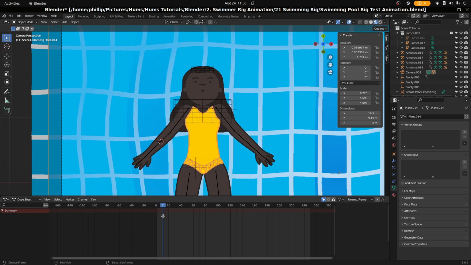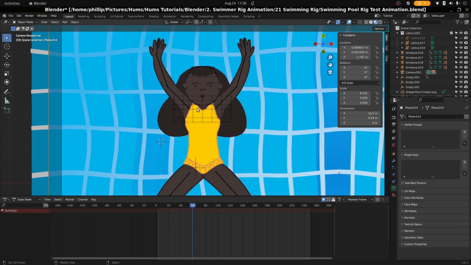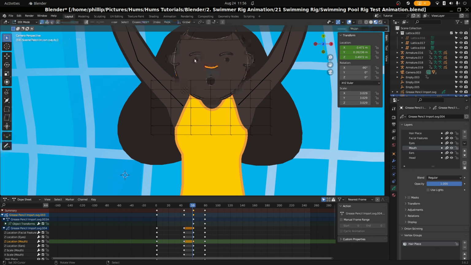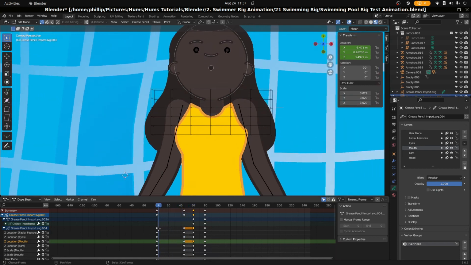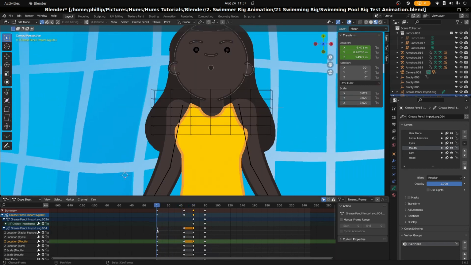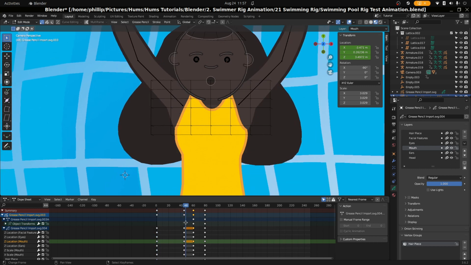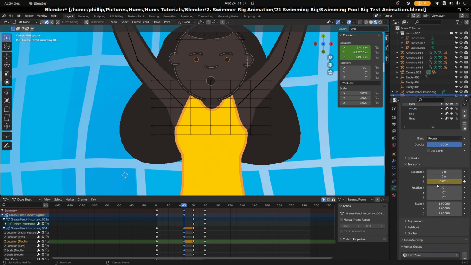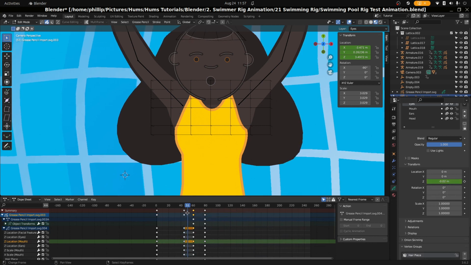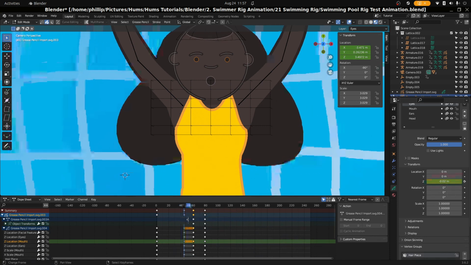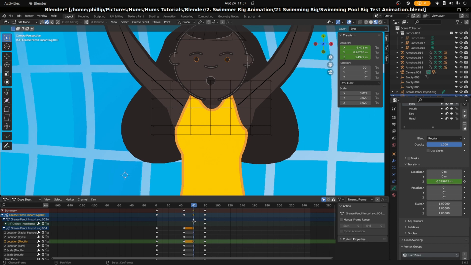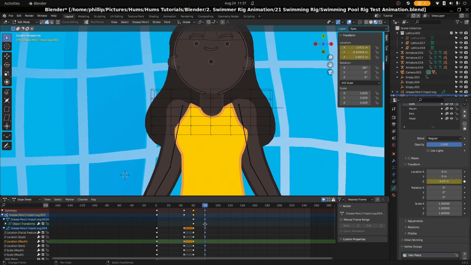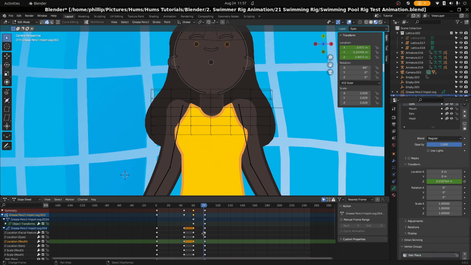Okay, we're going to move on to the eyes now. So the eyes close shut. It's the same principle as the mouth, so I won't go too much into the explanation. We just want it shut at set point about here, and we want it open here. So with the eyes selected, we're going to go to transformation, and we want at this transformation the eyes to be here and open. This is correct. As it goes up, we want the eyes to be shut, so we're going to just add